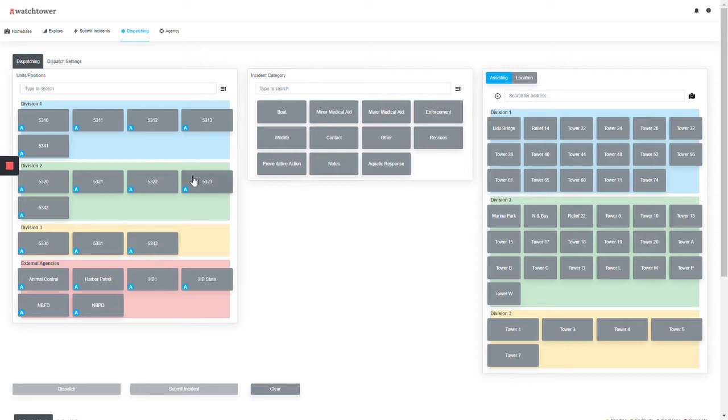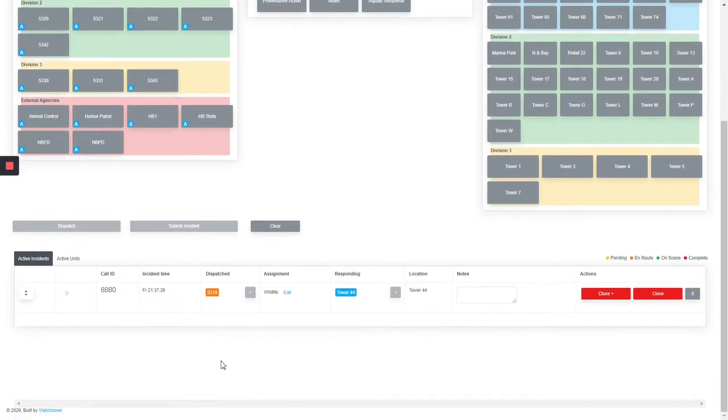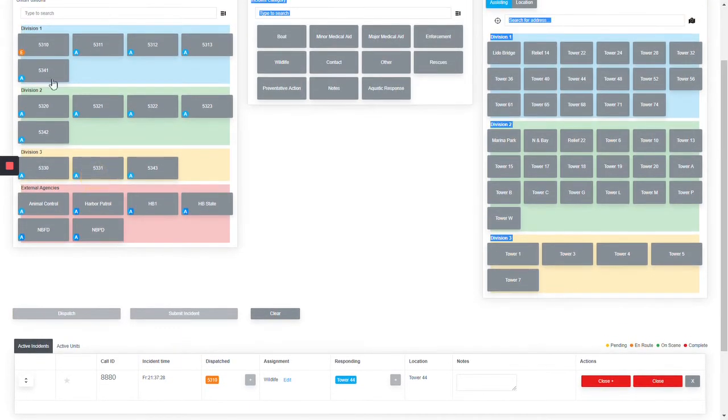Basically all you want to do is click on one of your units, pick what type of call they're going to, and then pick the location that they're going to, and then go ahead and click dispatch. Once the unit's dispatched to a call, you can see they've been statused as en route. That's what the different color change is for the unit. What call they're on here, where they're going to,